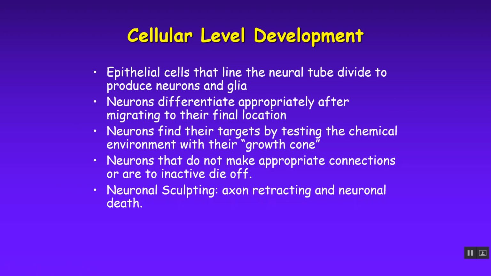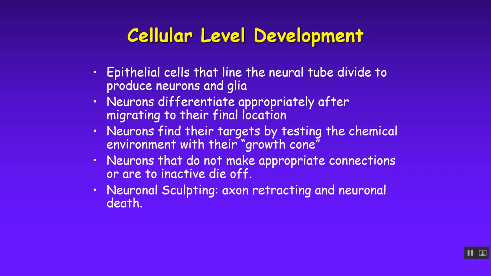These epithelial cells that line the neural tube divide to produce the neurons and glial cells. So there's a little layer of epithelial cells right next to where the cavities are, and those grow out and layer like an onion, on top of each other, to grow your cerebrum and so forth out from there. Okay,